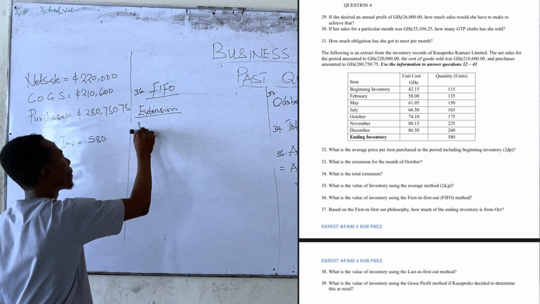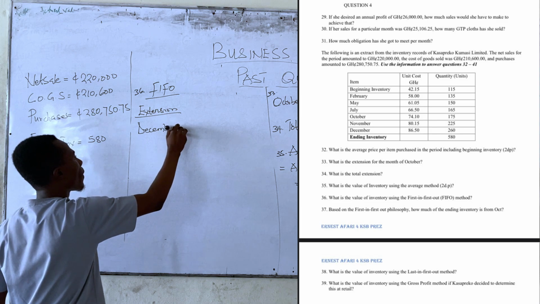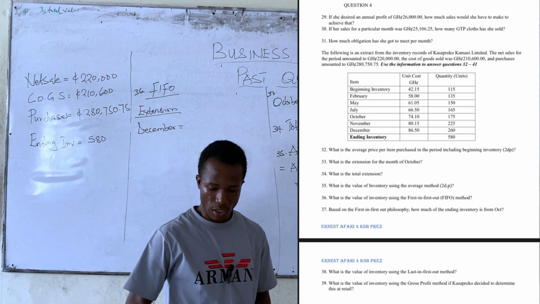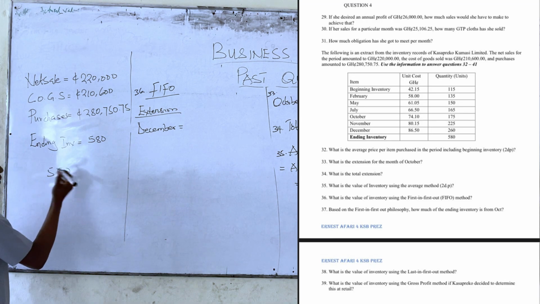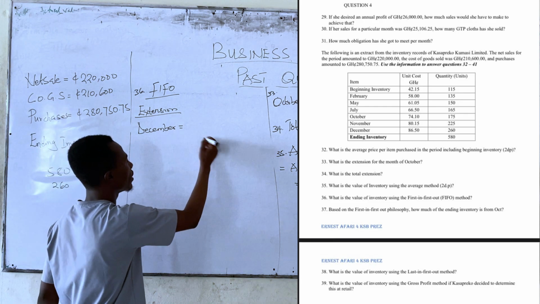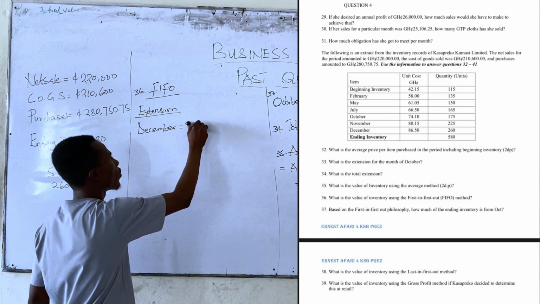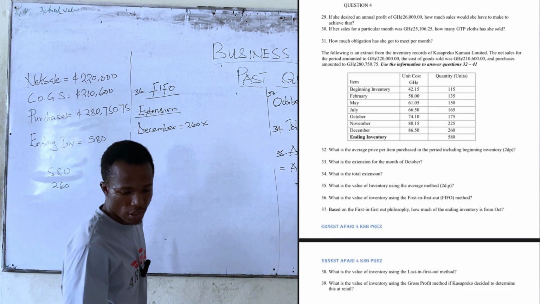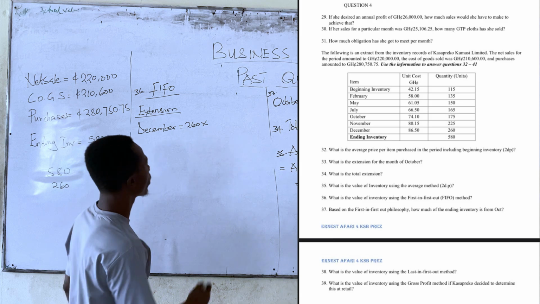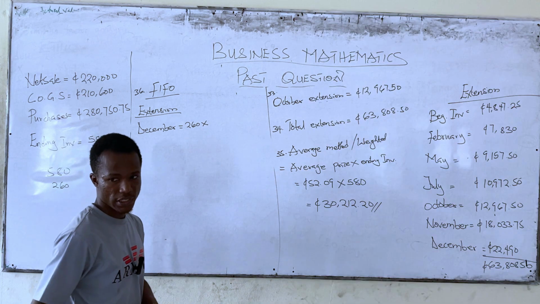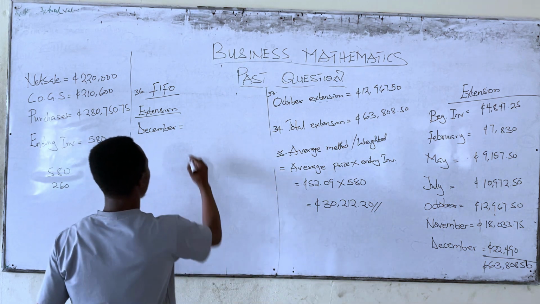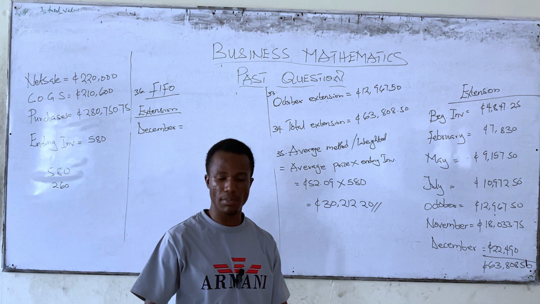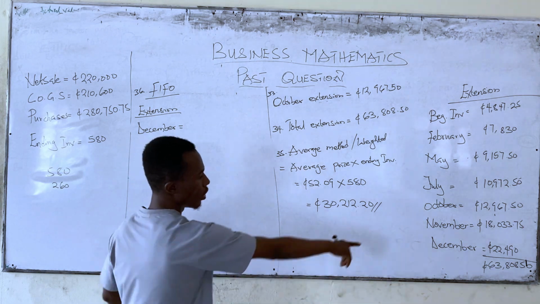So for December, what is the quantity for December? 260. And you know 580 is more than what? 260, right? Good. So since it is more than 260, it is going to be your 260 quantity multiplying your unit cost, which is 86.50. I think we have already calculated for the extension, so let me bring it here. So for December, when you multiply the quantity 260 by the unit cost 86.50, you will get what we have